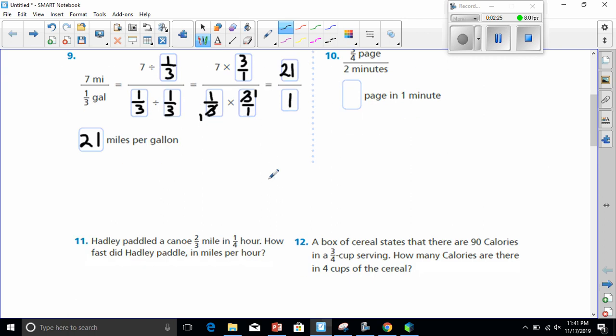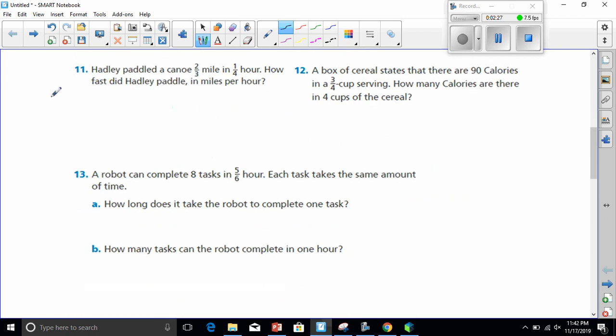All right. Number 11, Hadley paddled a canoe 2/3 mile in 1/4 hour. That means we're going to be taking 2/3. And how do I know I'm doing it in this order? Because remember, we used the formula, time times rate will equal distance. Since they gave us time here and the distance, that means we have to find the rate. So we're going to divide time away to get rate alone,